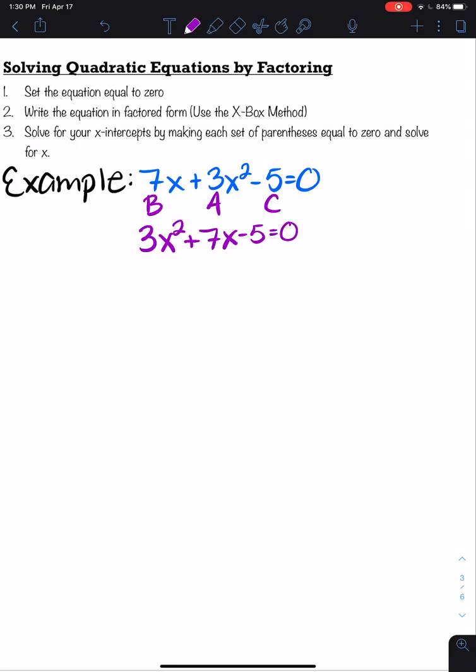Now from here, I can do my Xbox. A times c at the top. So this would be 3 times negative 5, so negative 15, and then 7 at the bottom. So for this, I need to find two numbers that multiply to negative 15, but also add to 7. So for this, I could do, actually we need to change this. Let's change this